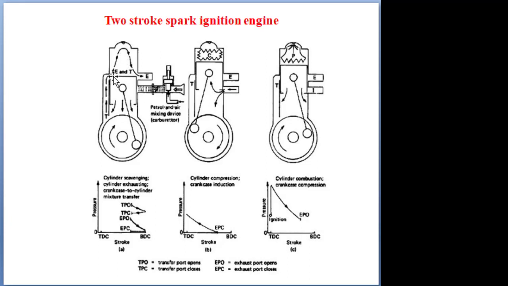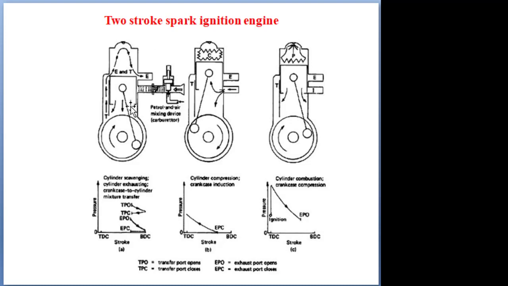So how does lubrication take place? By mist lubrication, meaning that with the fuel we supply the lubricant, and the lubricant is involved in the combustion process in two-stroke spark ignition. That's why these are highly polluting engines, and according to Bharat norms, two-stroke spark ignition engines are banned. We are not using them anywhere except small Lunas or 1 to 5 kilowatt capacity engines.